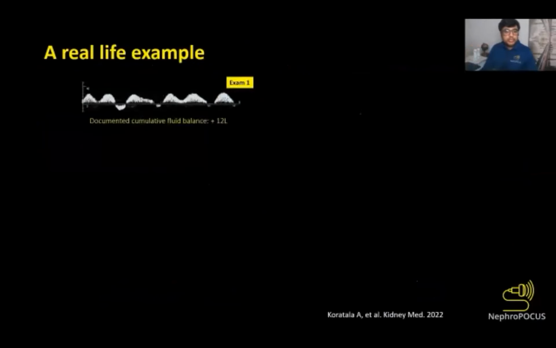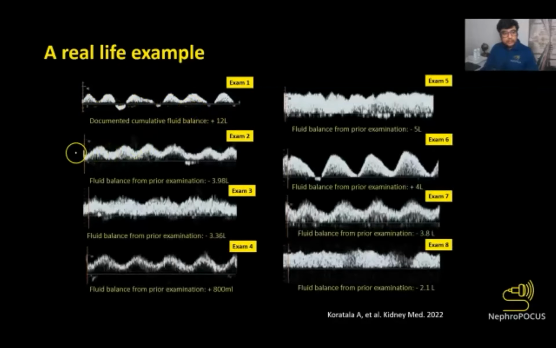For example, here we have a patient with a positive fluid balance of 12 liters. And the patient did not have much pedal edema. The patient was in ICU for several weeks already, has muscle wasting and all that, has some sacral edema. It's very difficult to assess sacral edema. But anyways, when you do the portal vein Doppler, the patient had a plethoric IVC and this very pulsatile portal venous Doppler. So this patient was placed on continuous renal replacement therapy, and you can see how the waveforms